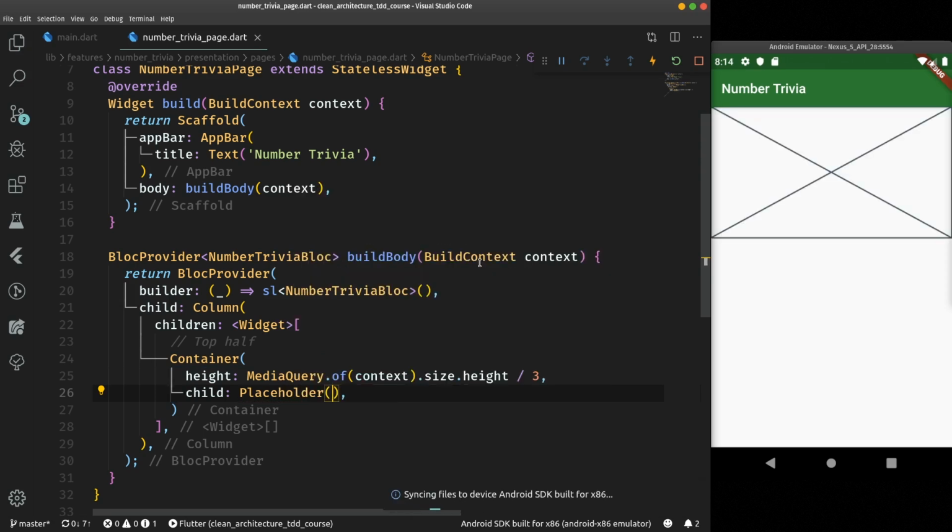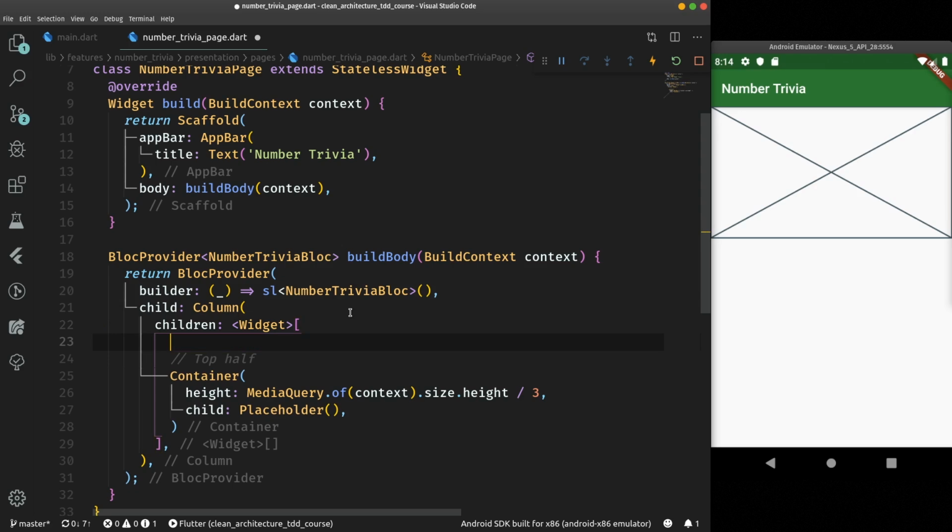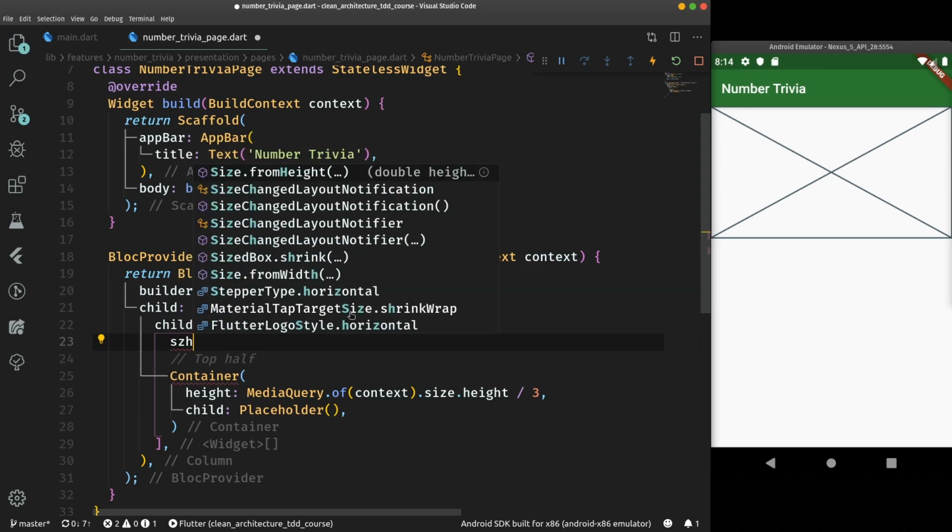So it will look something like this. Of course, we do not want it to be flush with the top of the screen under the app bar. So let's just provide some sort of padding in the form of a size box. So size box height, or